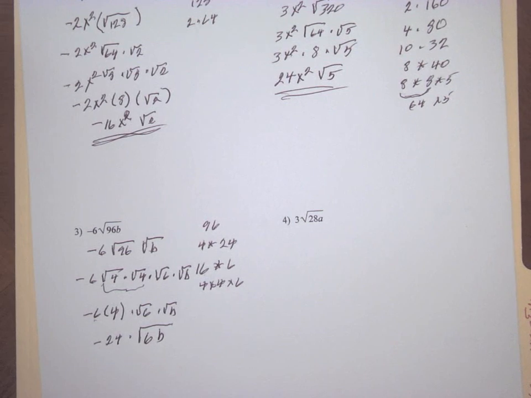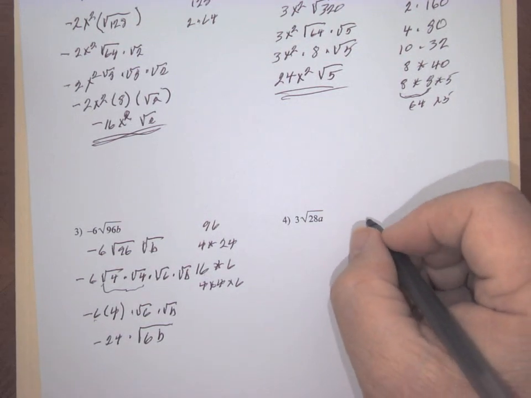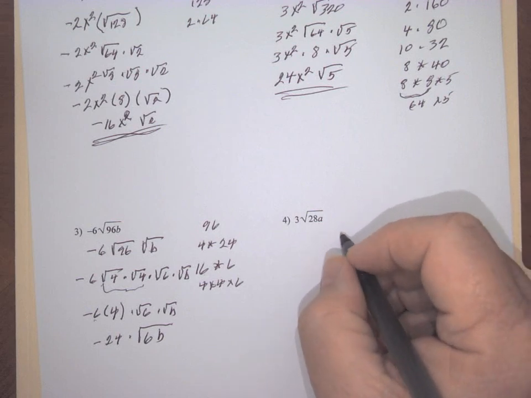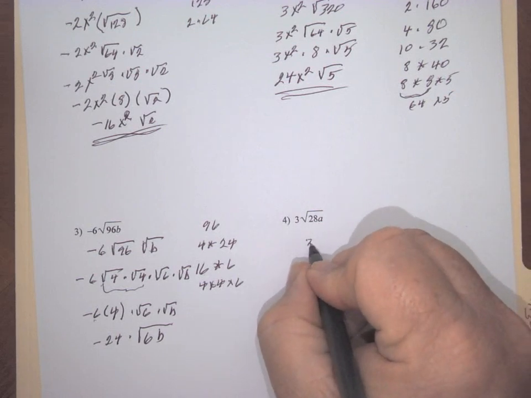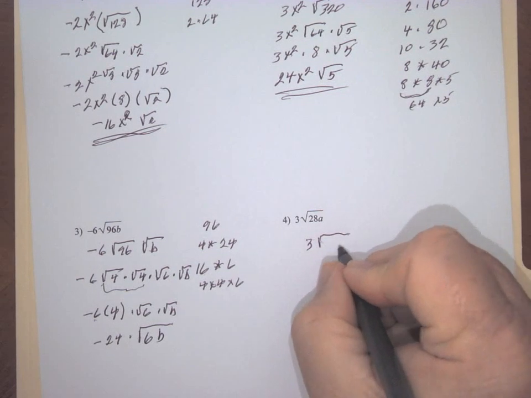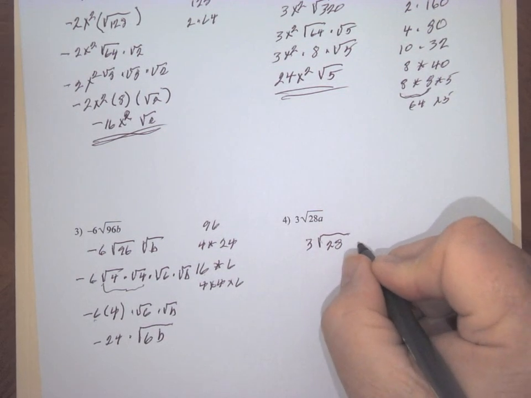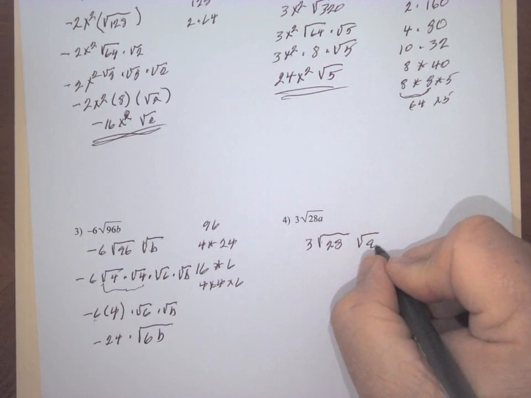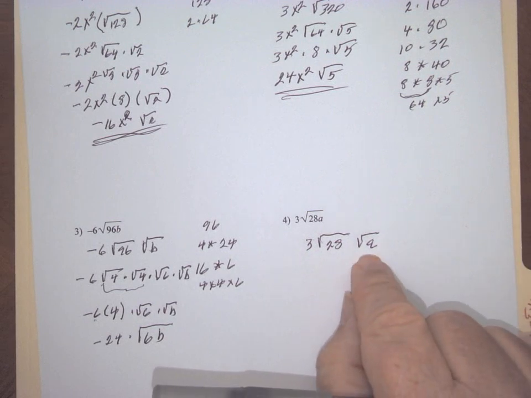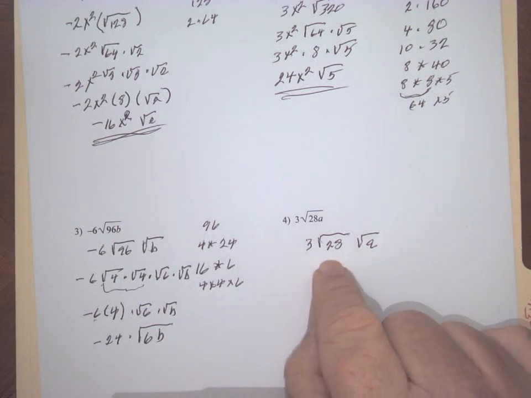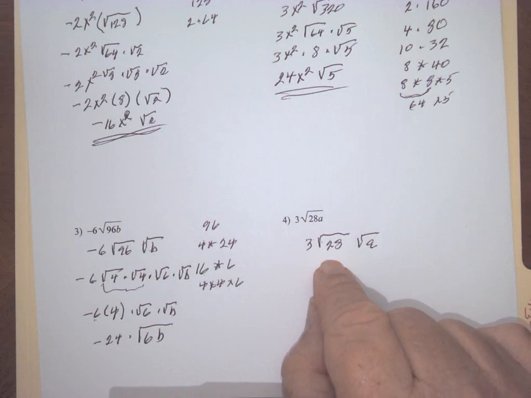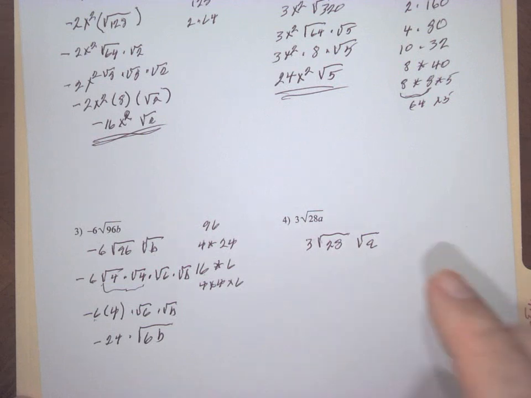All right, for the last one, it's very similar. We're going to rewrite this one as 3 times the square root of 28 times the square root of a. All right, nothing we can do about the square root of a. But what factors can we put into here to get a square number? Well, let's see. 28